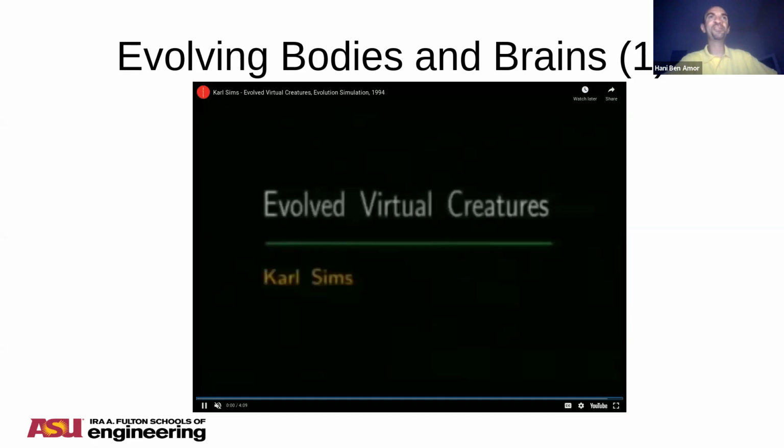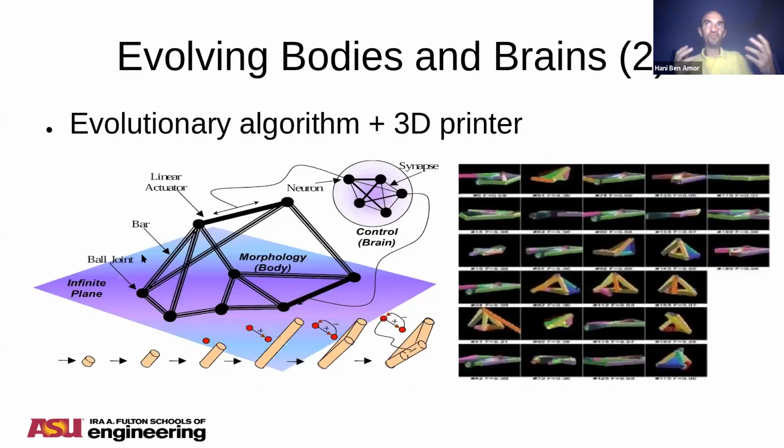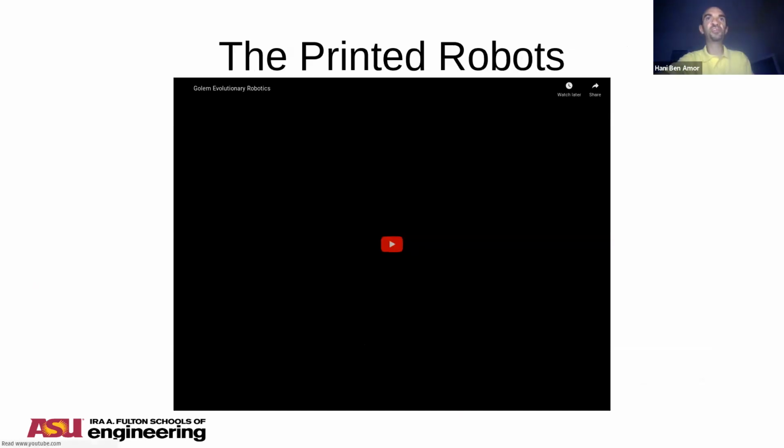Now, of course, you look at this and say, well, all of this is simulation. But actually, one thing you can do nowadays with 3D printers is to take the simulation, the simulated robot, or the robot that you just generated in the computer. You can take that and then effectively just print it. And that's one of the things that was done about 10 years ago by a researcher at Cornell. And so what he did is to